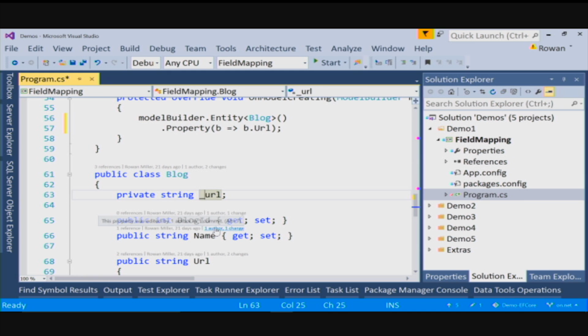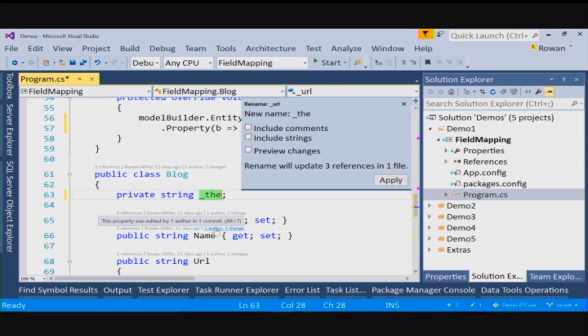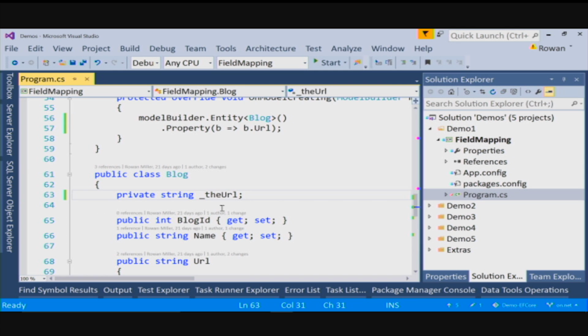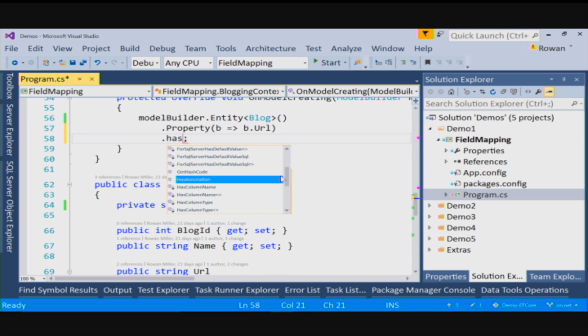Let's say I'm not following the conventions. Let's rename this to something else. Let's call it the URL. Right, so no longer guessable. Yep. So now EF would throw. If we ran the application now, we get an exception saying no backing field discovered for property URL. At this point, we can use the HasField method